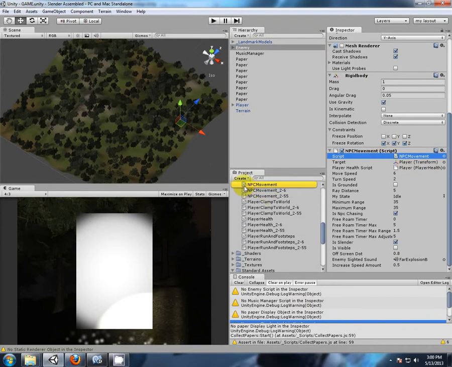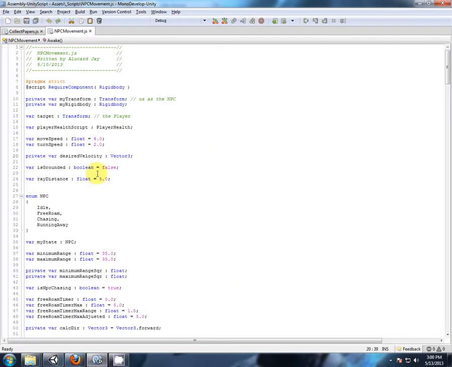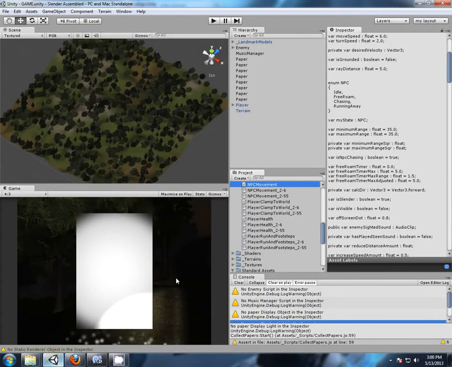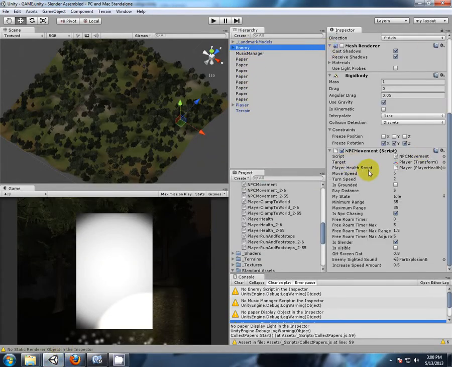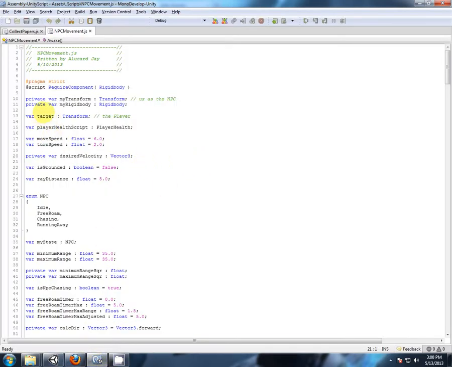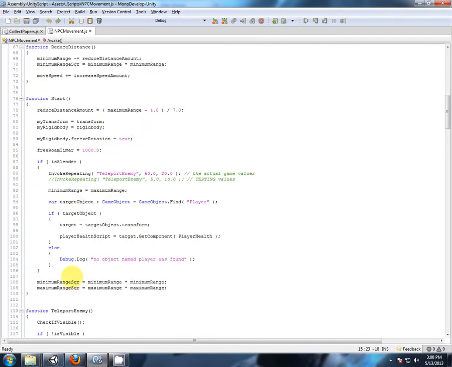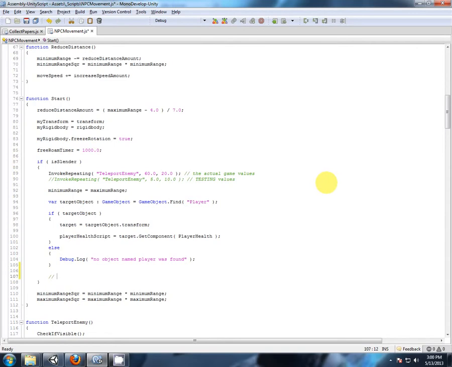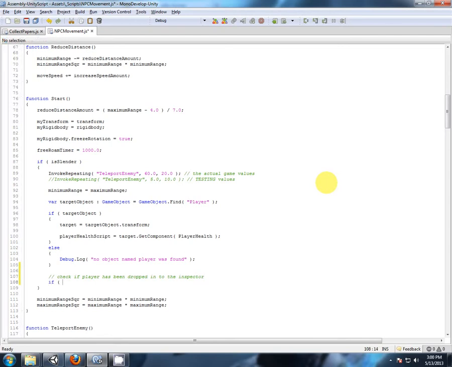So I'm just going to quickly add the checks in there to see if the objects exist. If not, then find them. Target and player health script. Okay. Target and player health script. It's easy to remember. So if it's null, check the player has been dropped into the inspector. Okay, if no